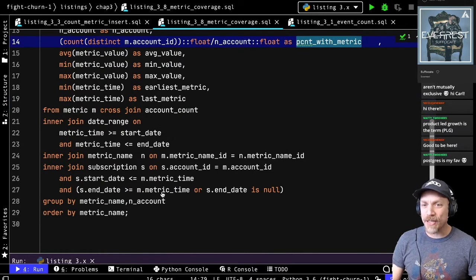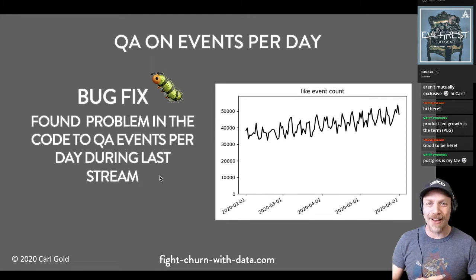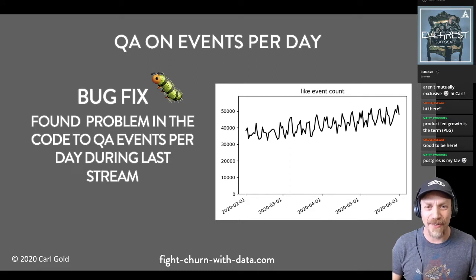We're not going to go too much into detail on this quality assurance, but there is a quality assurance check that we did last stream that we're going to go into more detail on, because in the last stream we witnessed a very sad event. I found a bug in the code that's in the book that's already published.